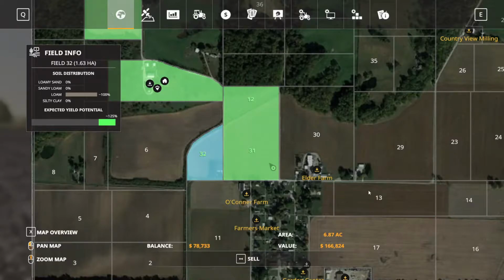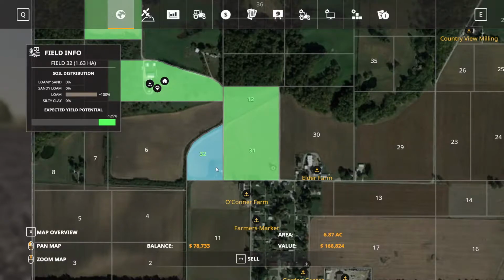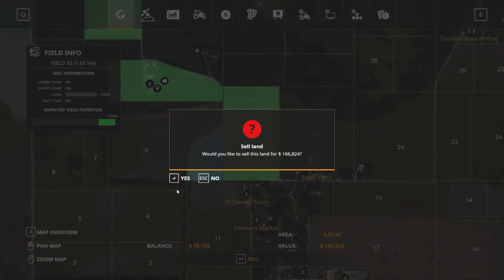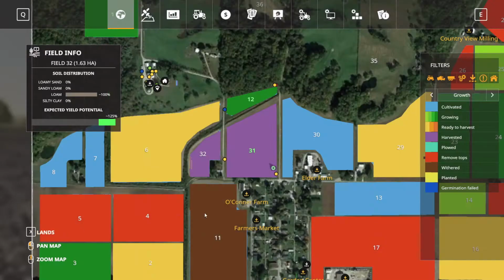It is twice as big as this field. This field also has this land that's not really usable. So I think it's a lot bigger, and so it'll be definitely a lot better for us. We're going to sell that. We can't quite buy it yet. We're going to go ahead and bring...